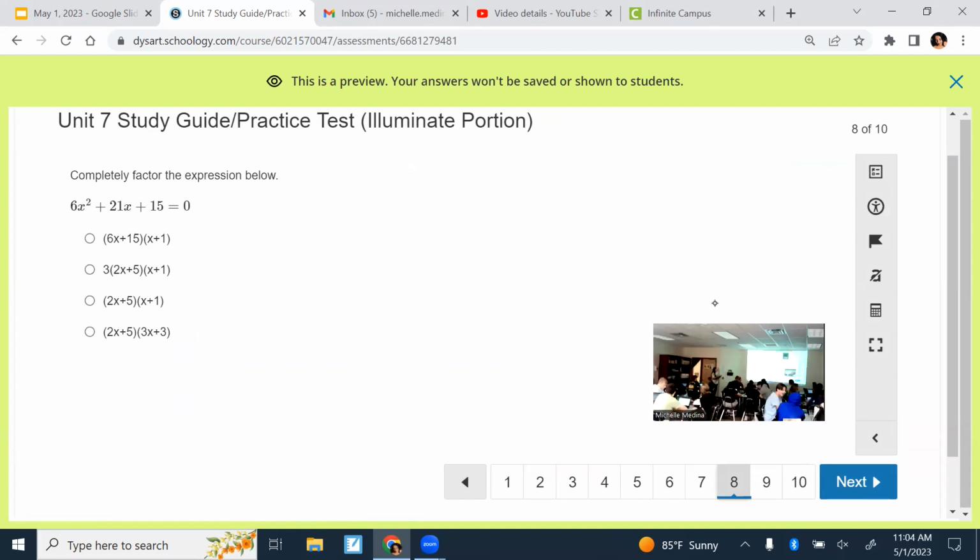Okay, so this one's a good one. You need to completely factor it. So think about that flow chart from when we went over factoring. So there's a few different methods for factoring as well. What was always the first thing we needed to look for? So at the very top of our flow chart was always